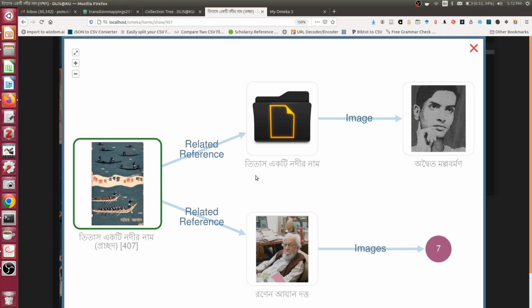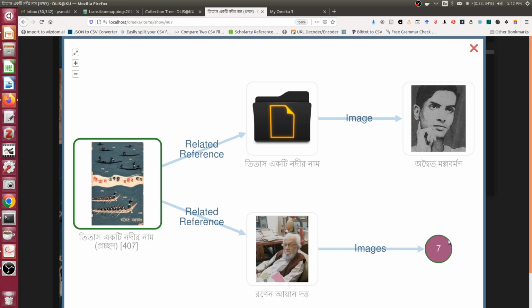A user who initially searched about this novel came to discover that this novel has a beautiful cover page which may be considered an art object. This cover page is illustrated by an artist, and that artist has another 7 images available in my archive. So in a simple, straightforward digital archive, that kind of serendipity, that kind of discovery of related resources is